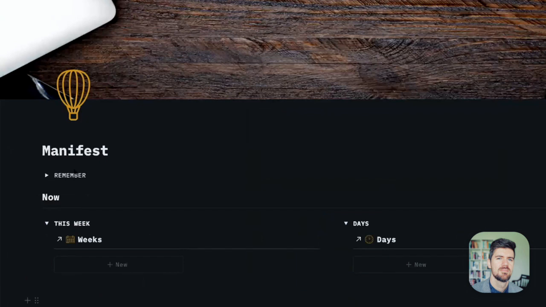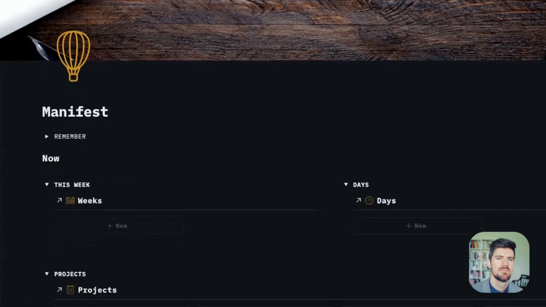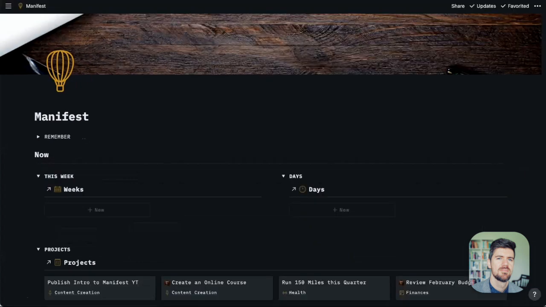Okay, so this is the workspace, and what I'll do is quickly introduce the sections and a little bit about how they work, and then look at going from one goal in particular all the way through to what that looks like in terms of setting up a project and setting up tasks that I want to execute on.